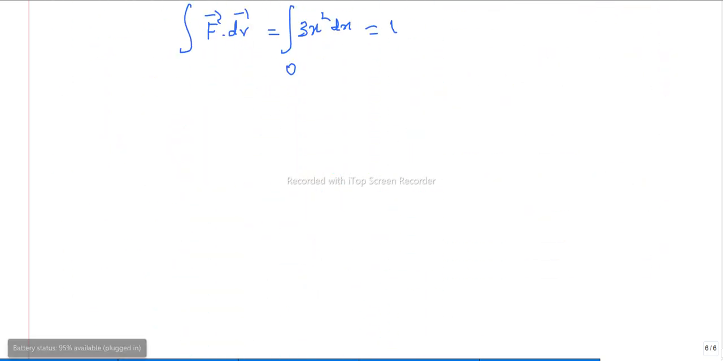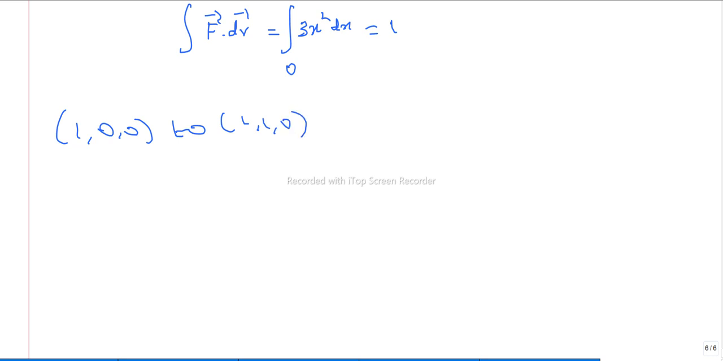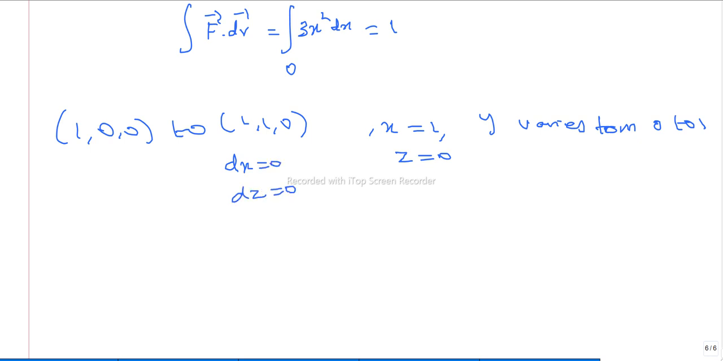So along this path, from the point (0, 1, 0) to (1, 1, 0), x equals 1, y varies from 0 to 1, and z is 0. So dx is 0 and dz is 0. Therefore, for the integral of F dot dr,